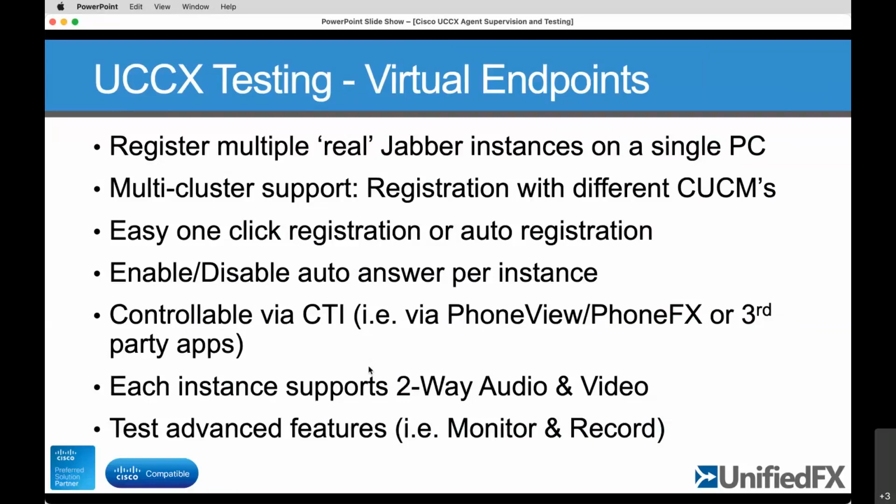Now, obviously, testing is the kind of thing you might do when you're setting up something or changing a particular script. So it's not something you would normally do every day, but whenever you've got major changes, this becomes particularly helpful. Now, one of the key features in PhoneView that gives you the nice simple flexibility to do this testing